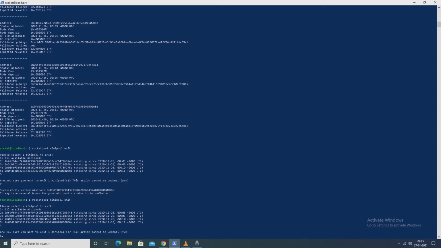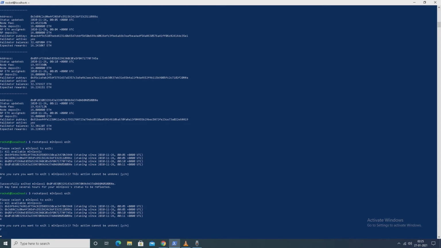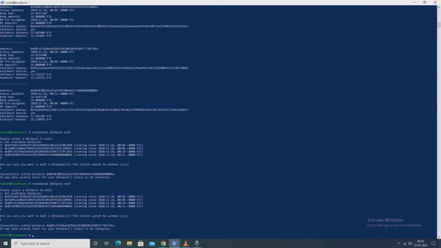Okay. So yes, successfully exited minipool. It may take several hours for minipool status to be reflected. Okay, then we will see it after 12 hours or more. What status we get over here, we will see it later.